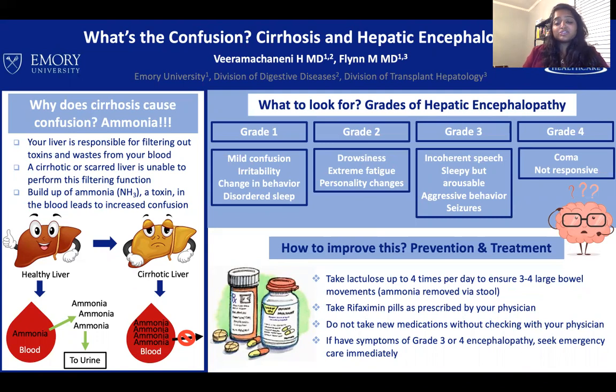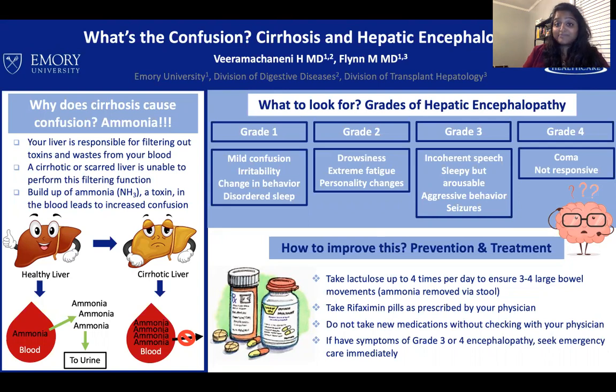And I created a poster on cirrhosis and hepatic encephalopathy with my mentor, Dr. Mary Flynn. So, why does cirrhosis cause confusion? Well, the liver in itself is responsible for filtering out a lot of the toxins and waste in your blood. When a liver becomes cirrhotic or extremely scarred and in end-stage liver disease, it's no longer able to perform these functions. And one of the toxins that gets built up is called ammonia, which leads to confusion as it builds